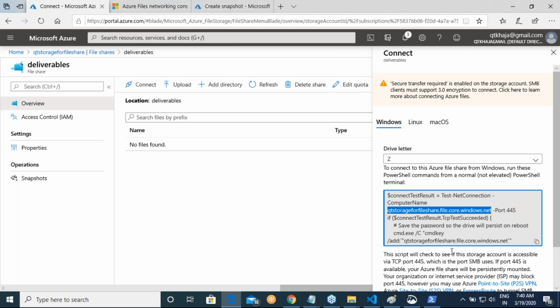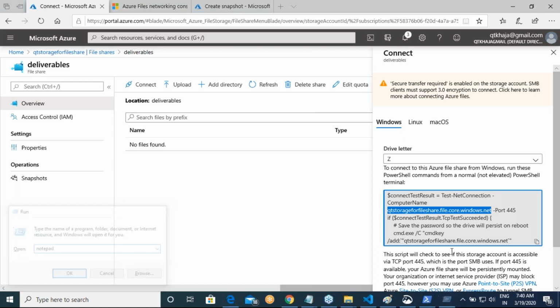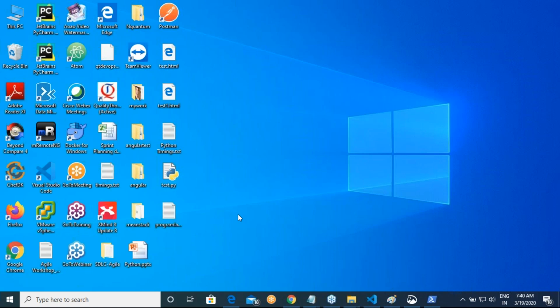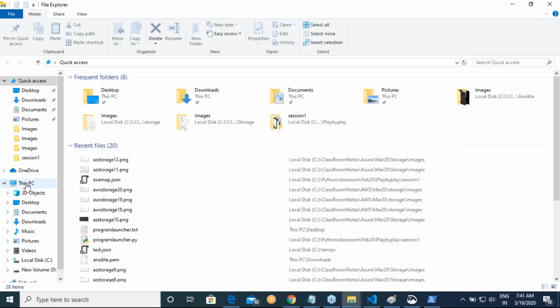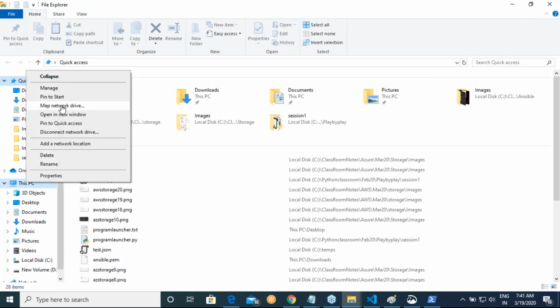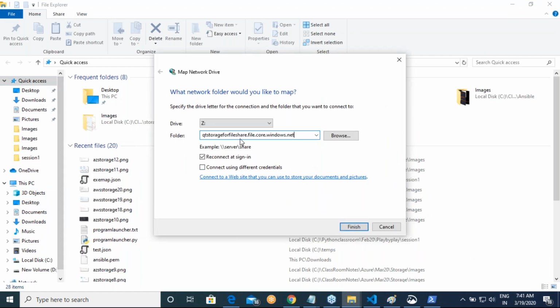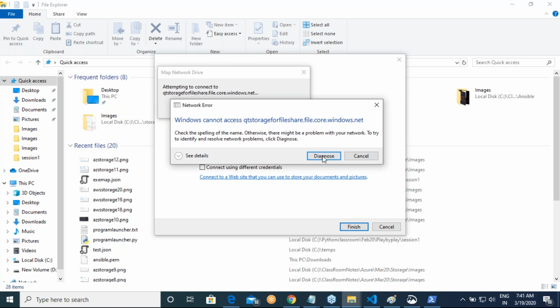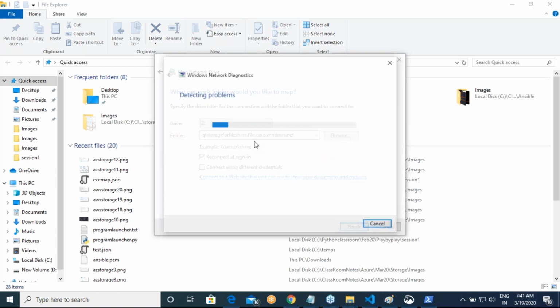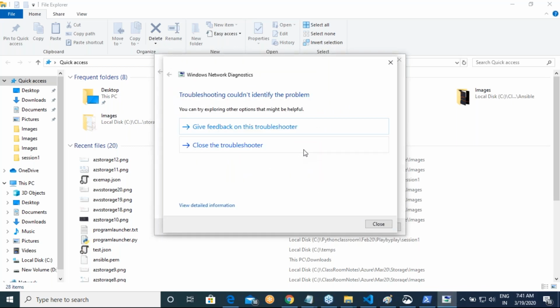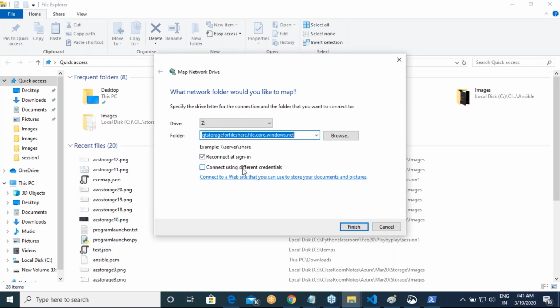Now you can basically go to My Computer, go over here. This is a visual way of doing it. Map network drive and then finish. So Windows is unable to diagnose the connection. Why? Because you don't have a key. You don't have a sign in.